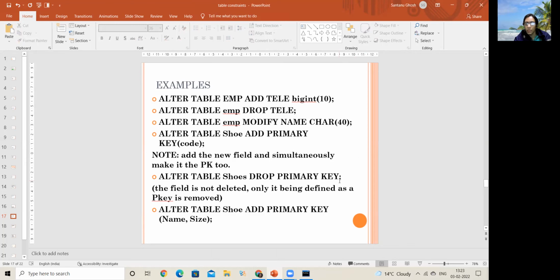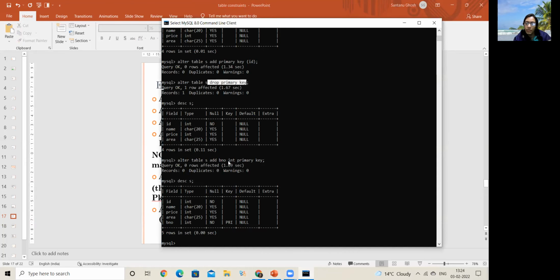Okay. Next is that when I want to make a primary key as a combination of fields, and the fields are existing and I'm trying to create, obviously that can be done using that mechanism itself. Because if I am using this mechanism, then I cannot do it for multiple values, multiple fields, because here we will add only one field at a time and in front of that one field we write primary key, comma, then write the second field. That is not possible, it will not take it like that. Okay, so that is why